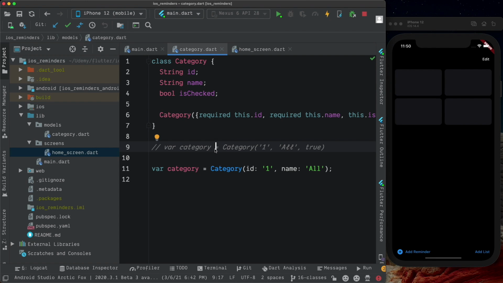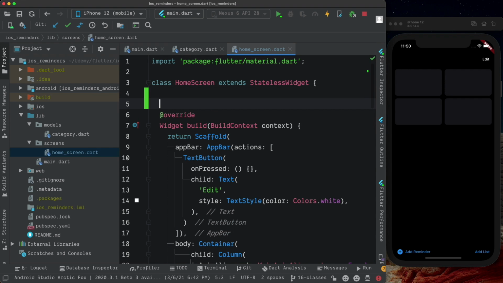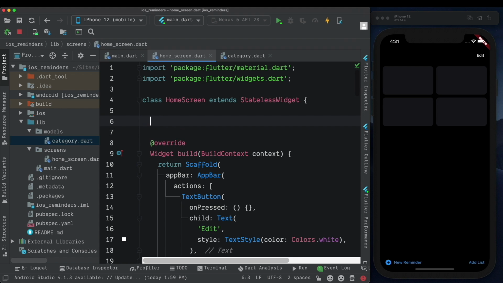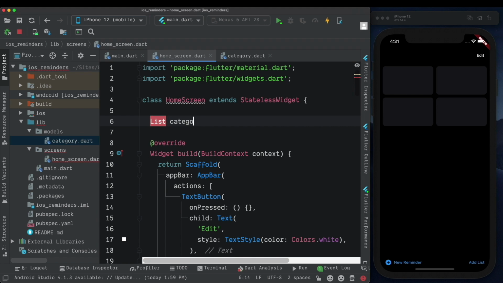So we've set up our category model. Now let's go ahead and set up our categories within our home screen. So here on top, in our home screen, we would normally create an array that can hold the 4 categories, but in Dart, arrays are actually known as lists. So in order to create an array, we have to create a list. So we'll say list, and we want to call that list categories, and then we can create an empty list